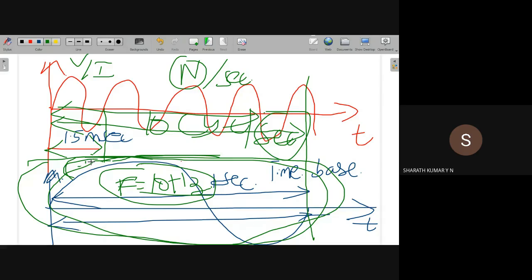All the measuring devices, wherever the task or events are measured with respect to time, have what is known as a time-based signal. Without a time-based signal, it is not possible. Thereby the devices require some separate hardware to generate these time-based signals. It may not always be 1 second. It depends on our requirement.